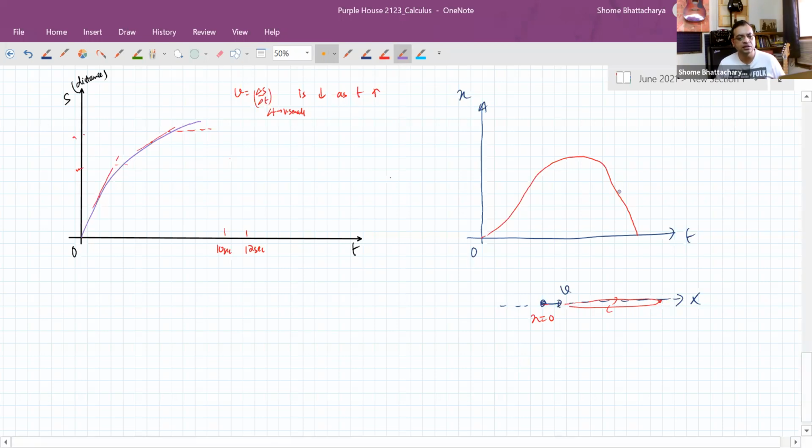Now in this case, what is happening? If we draw the tangent at some point like this, it is having a slope which is negative. So that means v is negative. But in this case, what is v? V is the velocity. So velocity has both magnitude and direction. So the moment the velocity is coming with minus sign, that means the direction of velocity is along the negative x-axis. Whereas somewhere here, the velocity will be a positive quantity. That means the direction of velocity is what? Positive. So here, when we write v as delta x by delta t, remember delta x is